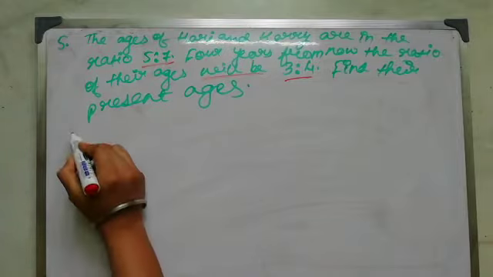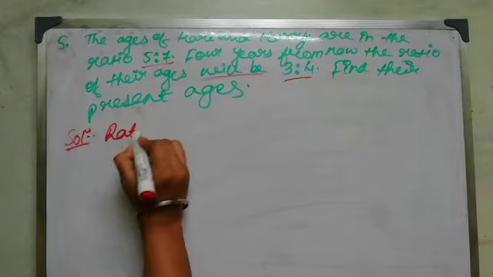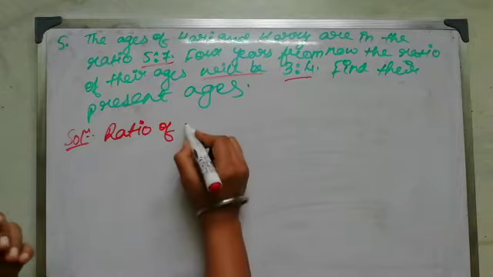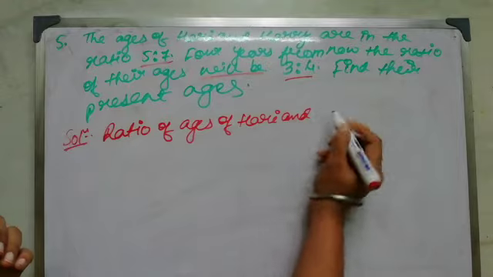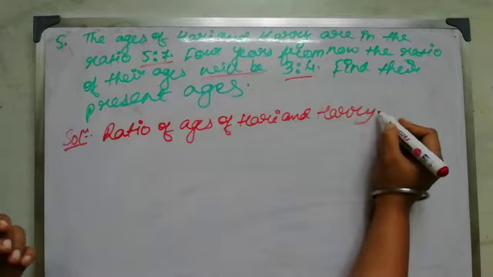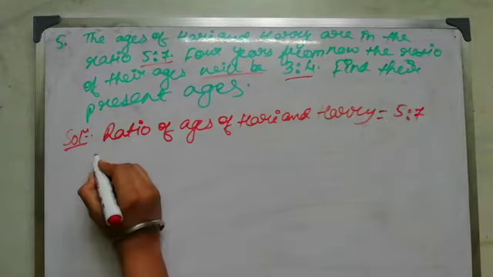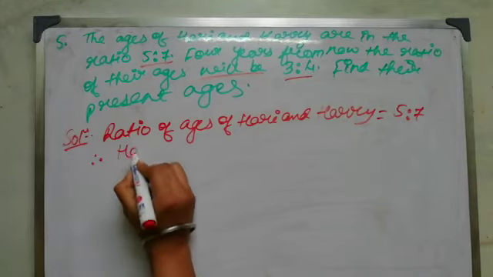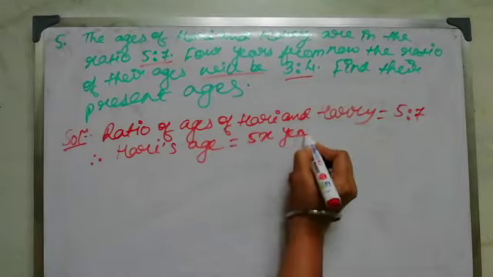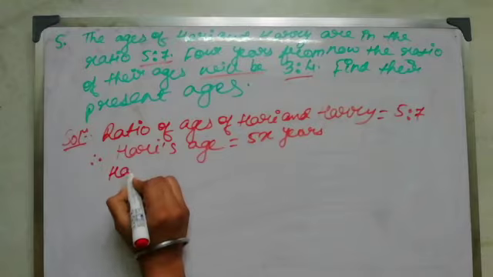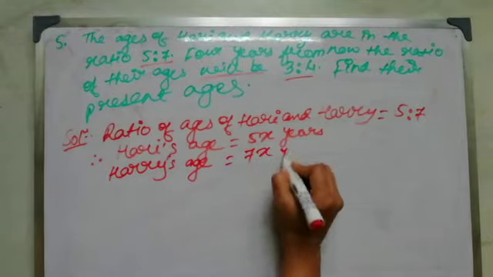So we'll start with the solution part. In the solution they are telling that the ratio of ages of Hari and Harry is equal to 5:7. Therefore, Hari's age is equal to 5x years, Harry's age is equal to 7x years,